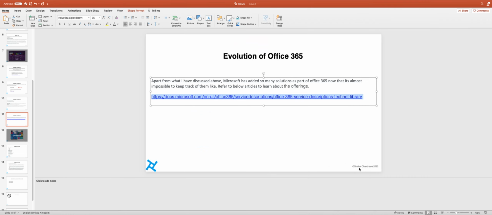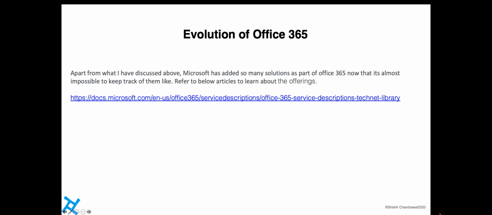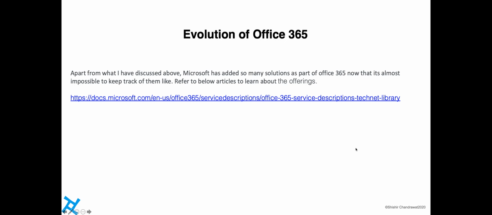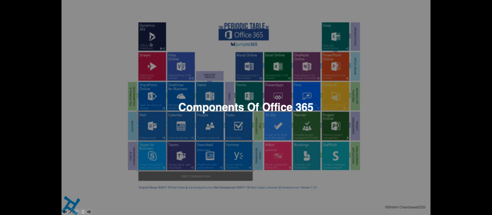So yep, there are a lot of products which are being offered in Office 365. This is the next topic, but this slide is really good because you can see here what all products are getting offered. This is a typical screenshot from Microsoft 365. So Dynamics 365 is there, Stream is there, Visio is there, Mail, Calendar, SharePoint, OneDrive used to be the standard thing, People, Task. Now Delve is there, Forms is there, Power Apps is there, OneNote is there, Sway is there,